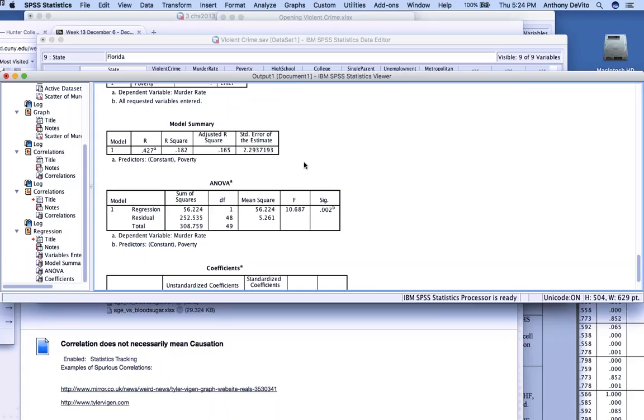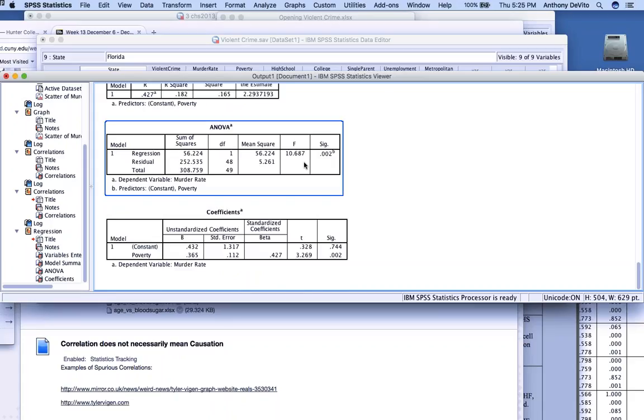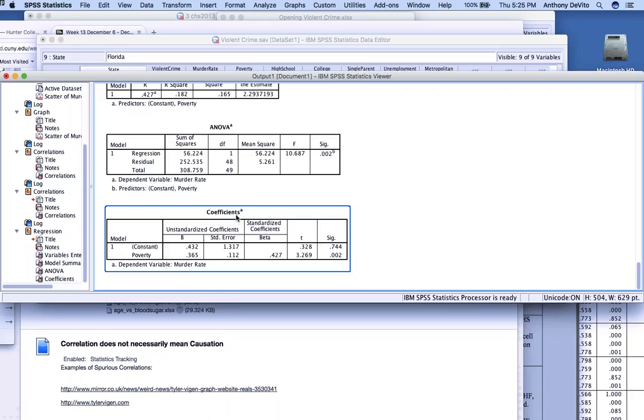So what we're about to do is create a formula. Instead of a simple formula, it's going to be a more complex formula. So I'm going to go down here, and again, it calculates the probability of this being by chance, and it's small. Okay, down in this last box, we have something called coefficients. Now, in order to explain that, a straight line can be explained by,